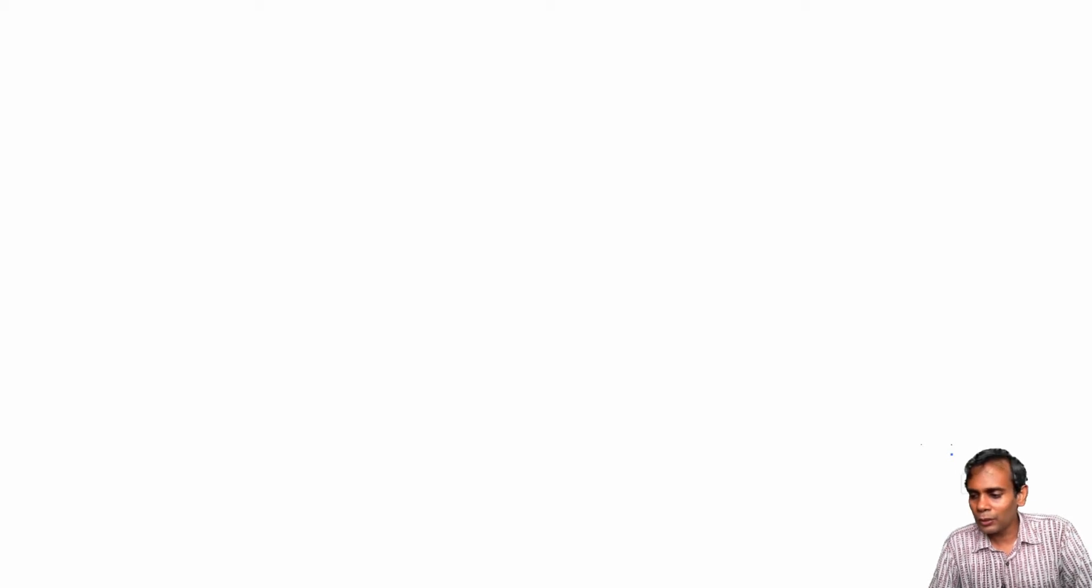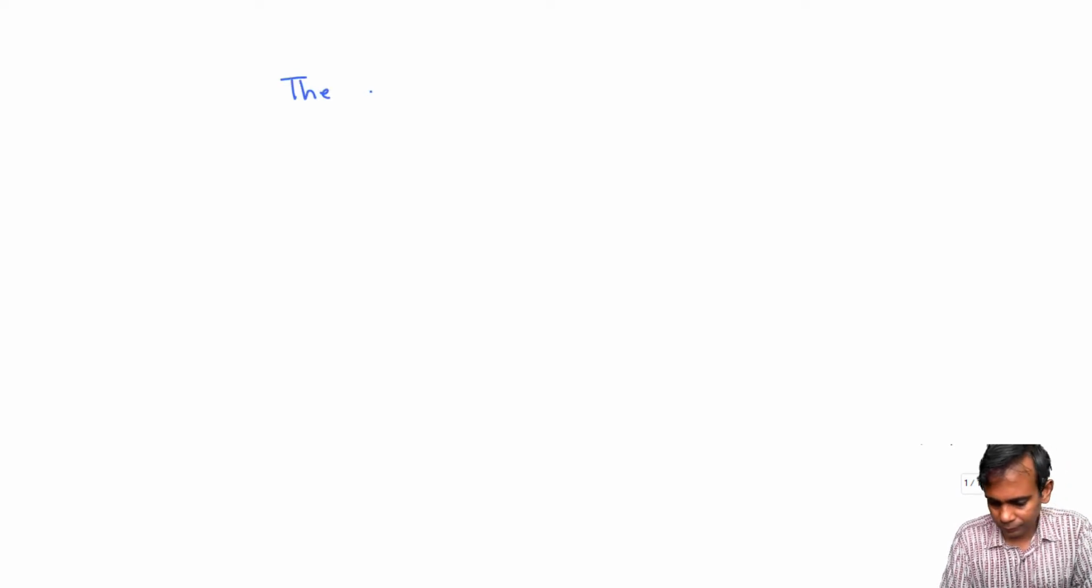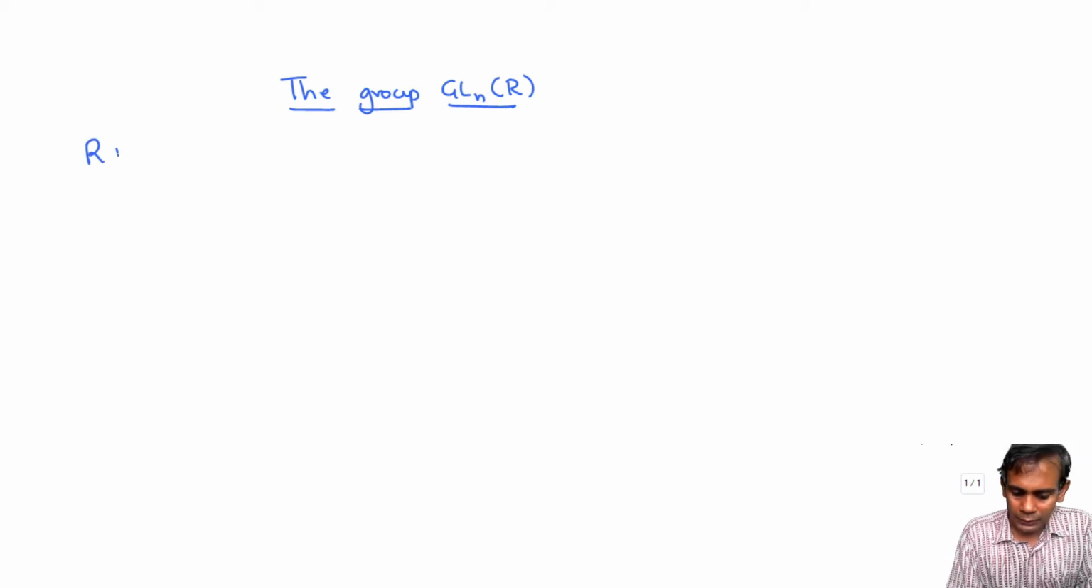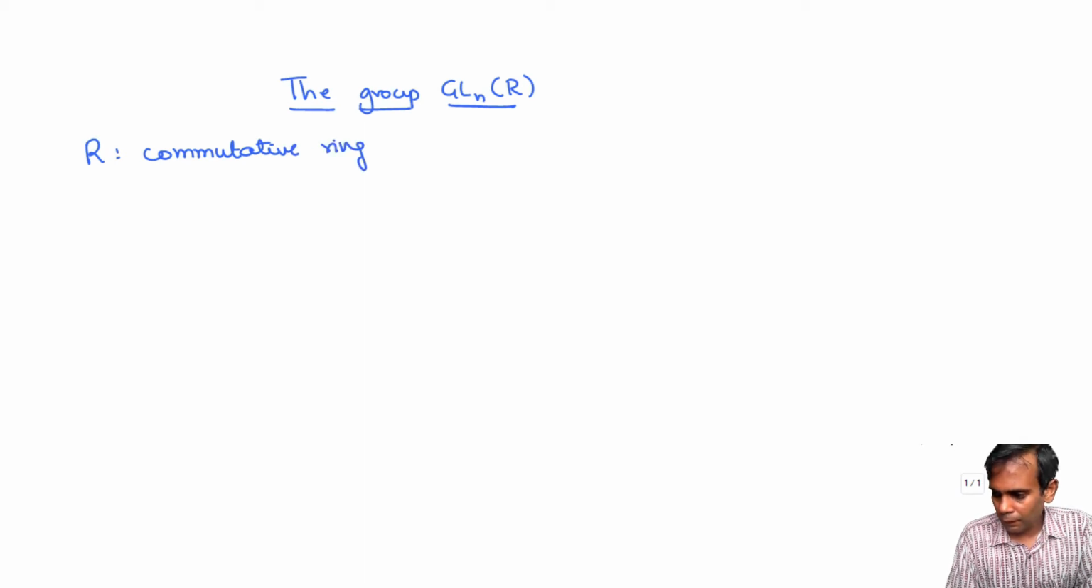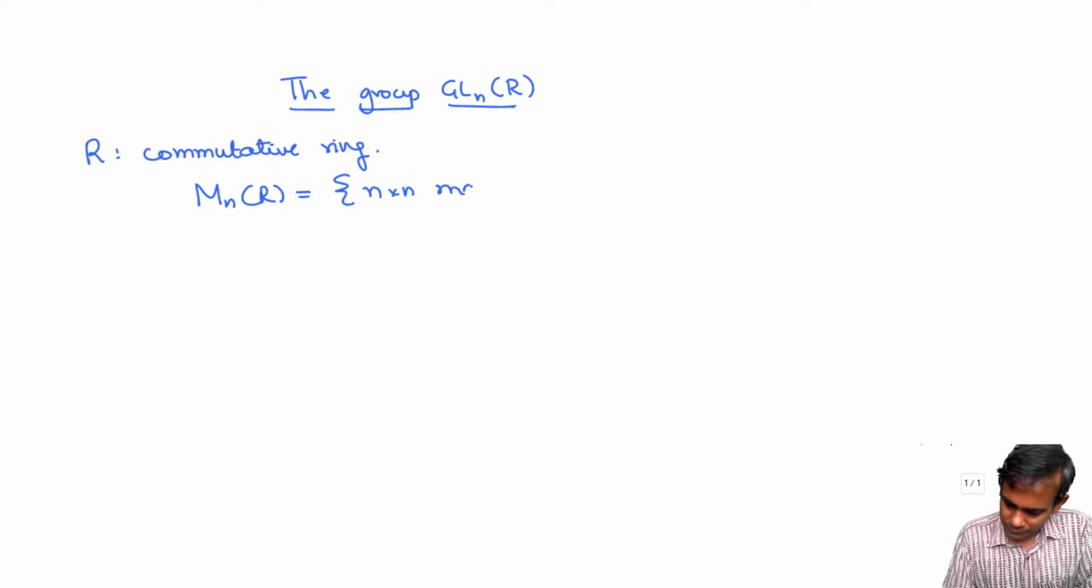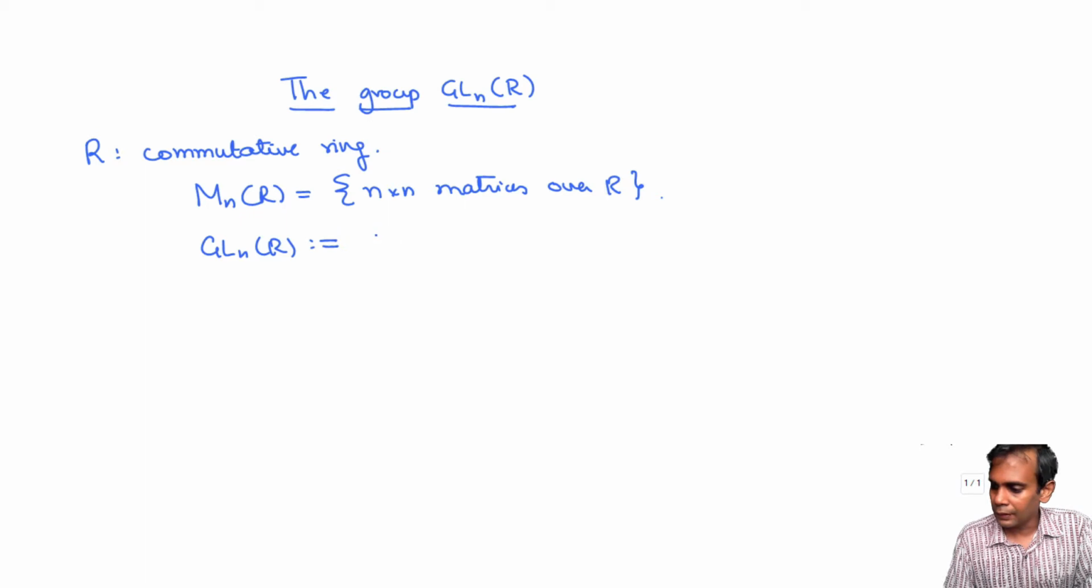In this very short lecture, I'm going to tell you about the general linear group over a commutative ring R. It's called the group GL_n(R). So here we'll take R to be any commutative ring, and denote by M_n(R) the ring of all n by n matrices with entries in R. This is a ring, and GL_n(R) is defined to be the set of those matrices A in M_n(R)